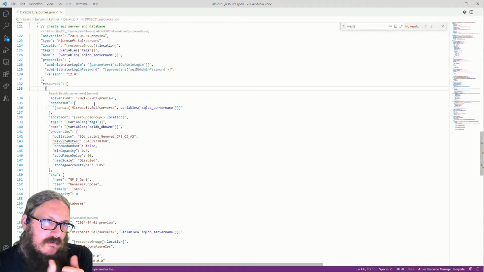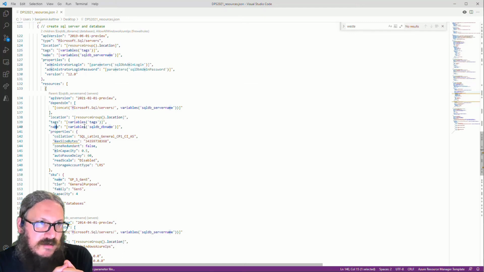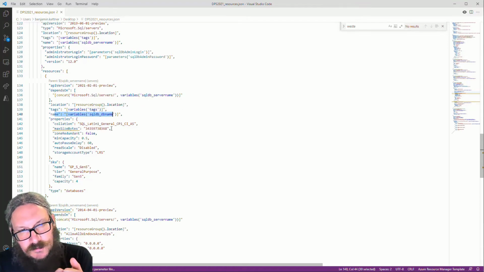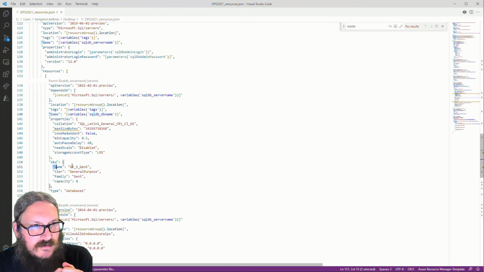Next, in the server, we create a resource, the database resource. And the database depends on the server, as you can see. It has a name that is derived from the variables again. It also contains the tags from the variables that you've already seen before. However, the interesting thing is the SKU we use, and the SKU is general purpose serverless. So the S stands for serverless generation 5. So this is a serverless SKU, and it uses a capacity of 4, which means it's deployed using 4